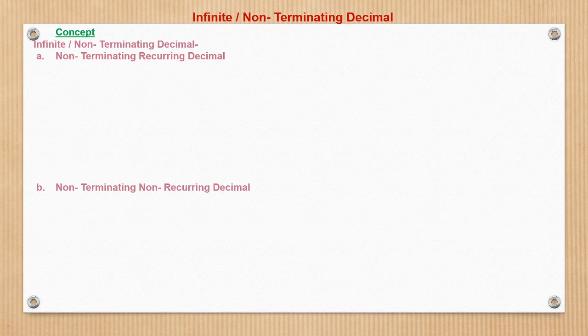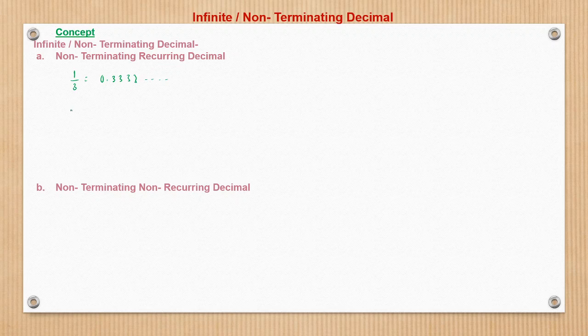Now we'll move ahead. We saw that there's a terminating decimal and a non-terminating decimal. Even a non-terminating decimal can be of two types. This we have seen basically. Non-terminating recurring decimal: here we took the example of 1 by 3, which came as 0.3333 and so on. The number 3 is repeating, recurring. It's non-terminating because the number of digits after the decimal is infinite, and it's recurring because the number is recurring.